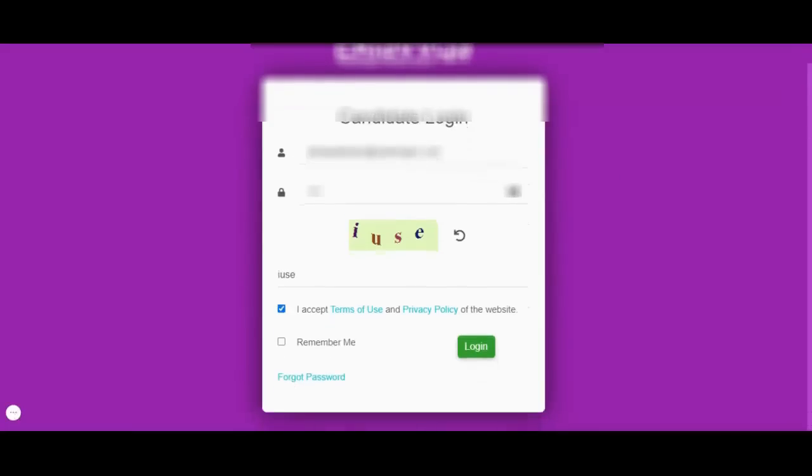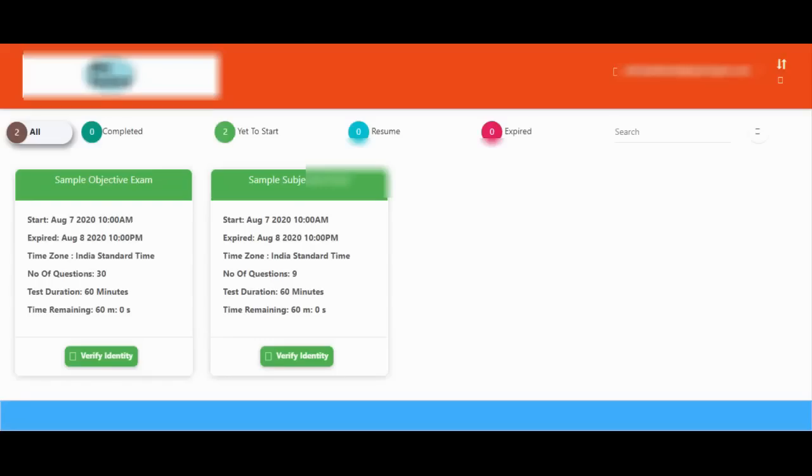You will be provided with an username and password in order to log into the system. You can enter that username and password credential and click on login button as shown. As soon as you click on login button, you will be shown the details associated with your online exam. Name of the exam has been shown, number of questions, total minutes associated with online exam, duration that will be shown.